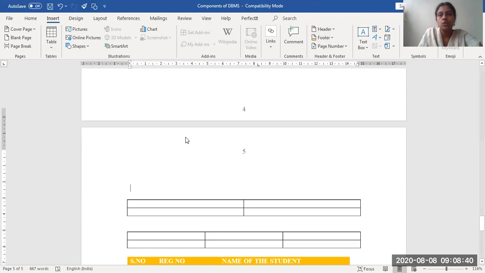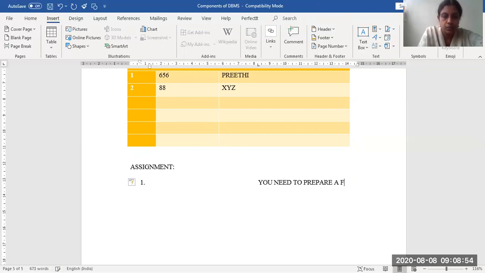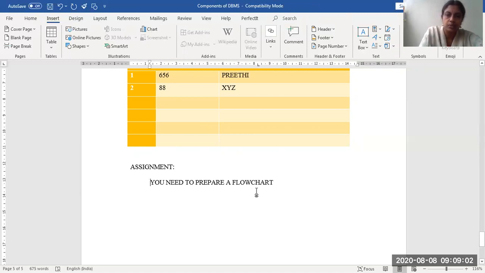Okay. So today's session assignment will be based on this session. First, you need to prepare a flow chart, any flow chart. You can take your record books and draw any flow chart using Microsoft Word and those options.